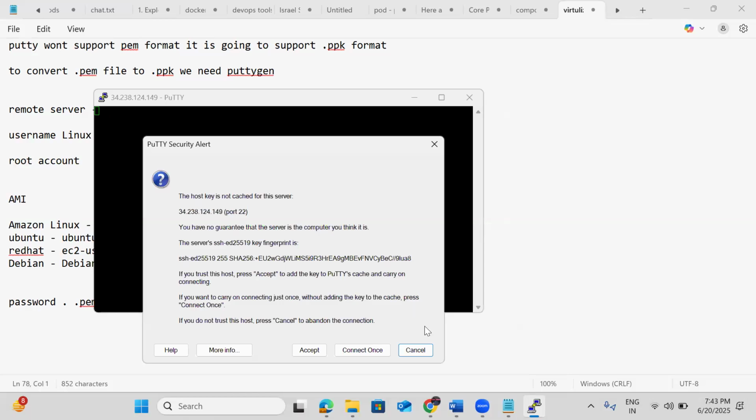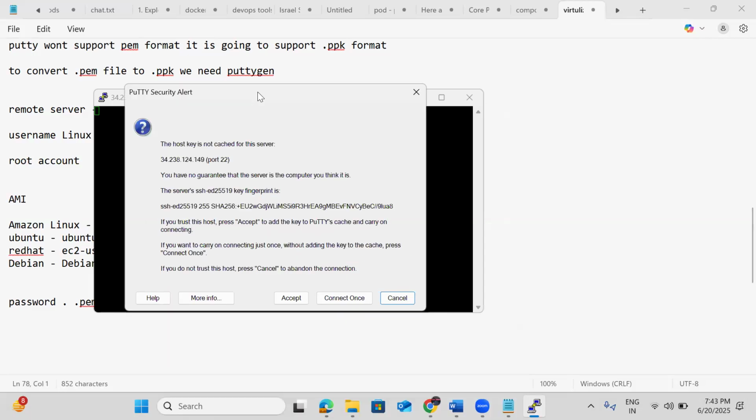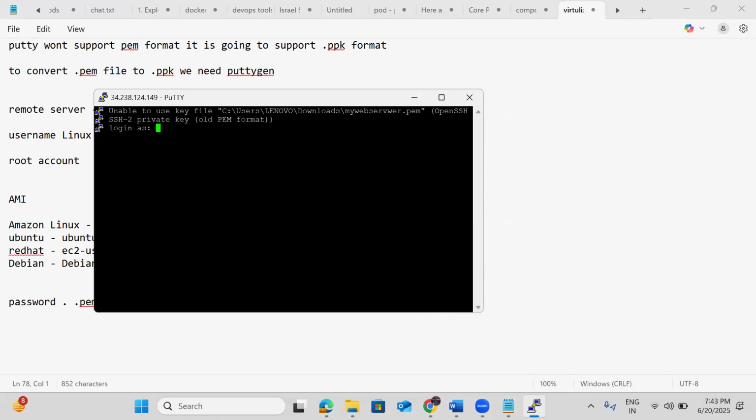Post lock is not catchy. Yeah, that is fine. Accept this. Okay, so unable to use the key file, that PEM is not supported. OpenSSH only is supported. Okay, so then we need to use